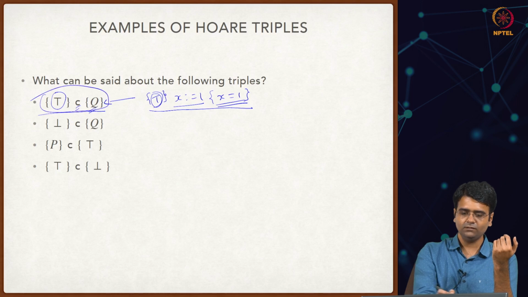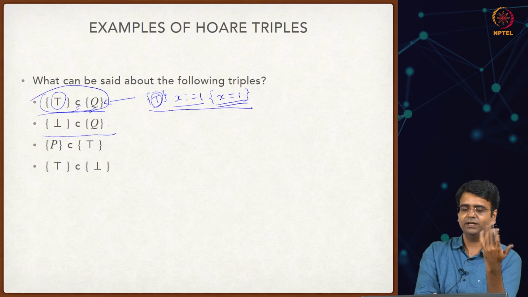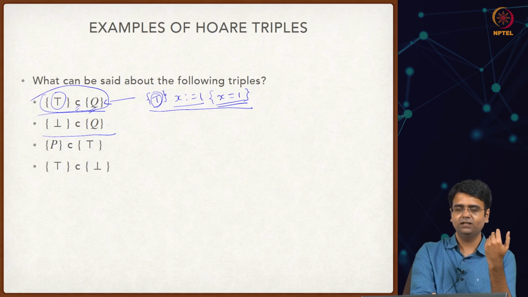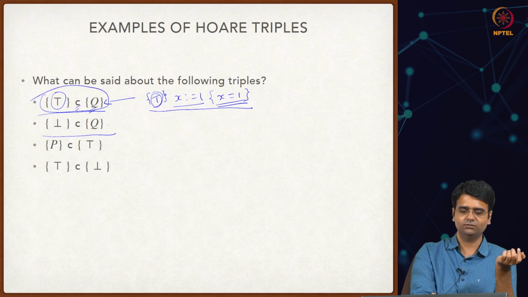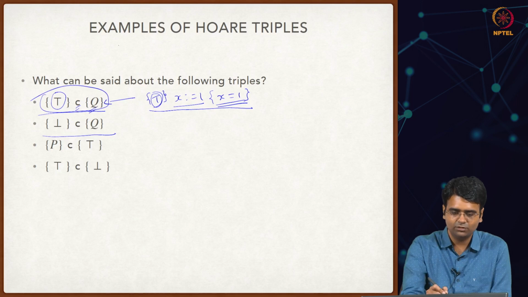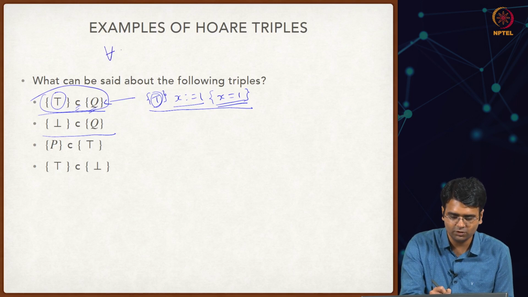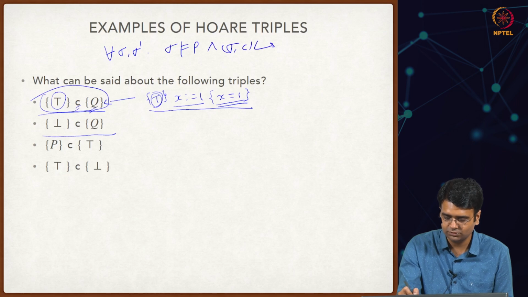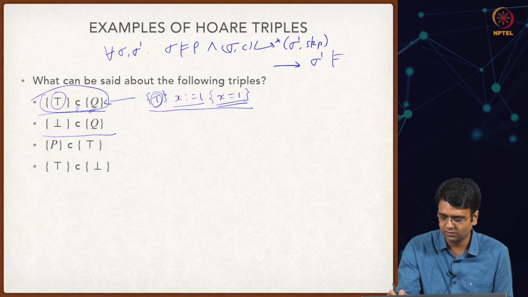Let's look at the second one. This is saying false C Q. Here the precondition is false, which means that no state satisfies the precondition. If you again look at the definition of this Hoare triple, let me write down this definition again. For all sigma prime, if sigma is a model of P and sigma, C goes to sigma prime, skip,